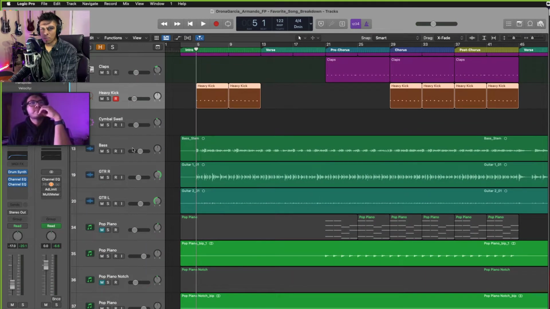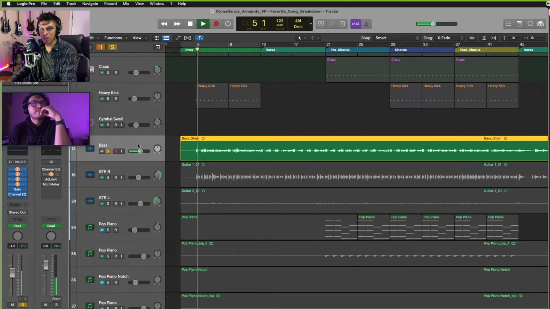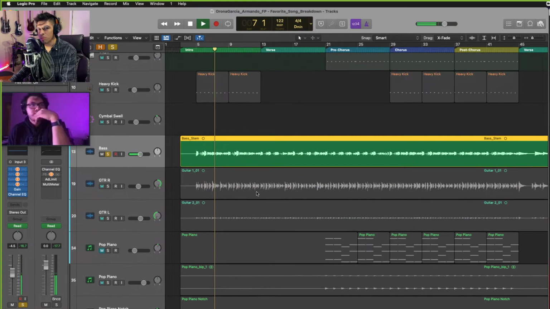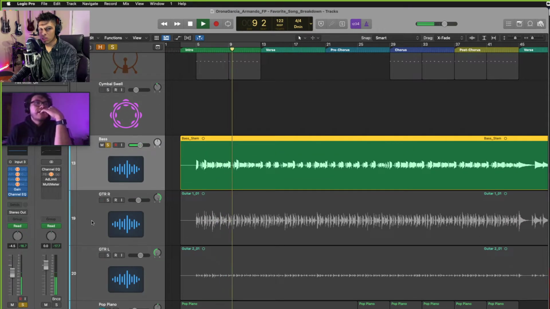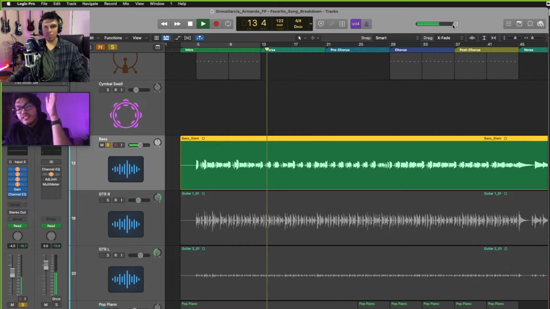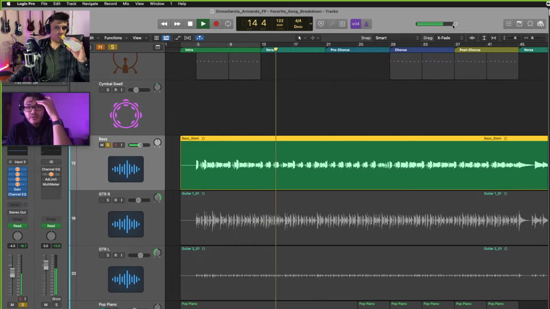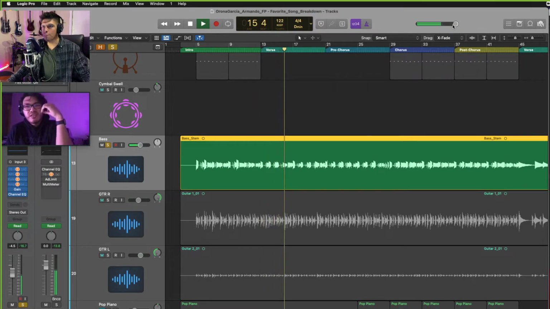Then we got this really funky bass track over here. What plugins did you use for bass? Because I don't have these available on my system. What did you use? For that one I used Waves. There's this new one called Waves Kaleidoscope. It's so good. It's really good for sound design. I got that one because I wanted to make the bass sound a bit synthy and very